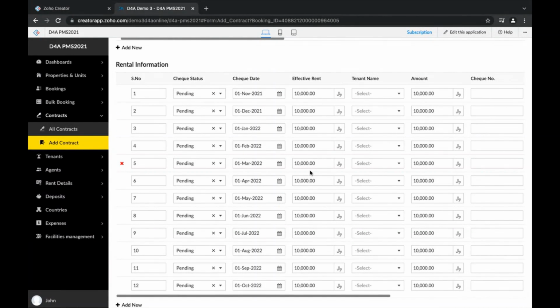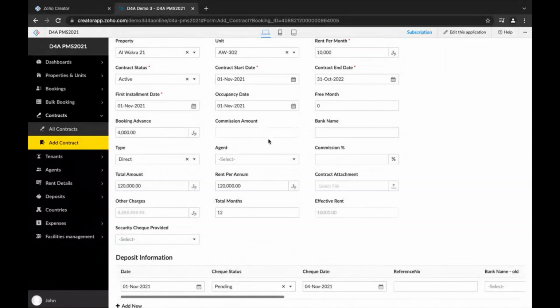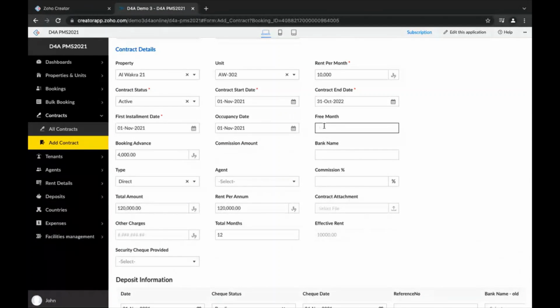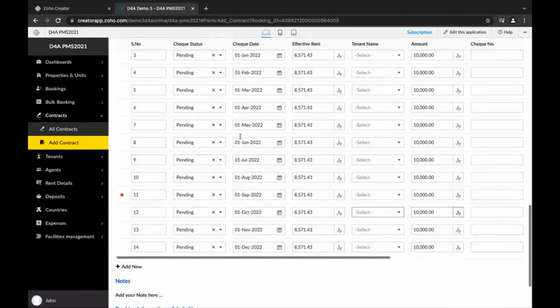And we can have different options for the free months as well. For example, if I want to provide maybe 2 months free, the system will automatically change the contract end date. So I've just updated 2 months as free subscription. Previously it was 31st of November, and now it has automatically changed to 31st of December because I've updated 2 free months. And if I scroll down, in the overall line items, previously it was just 12, now it's 14.